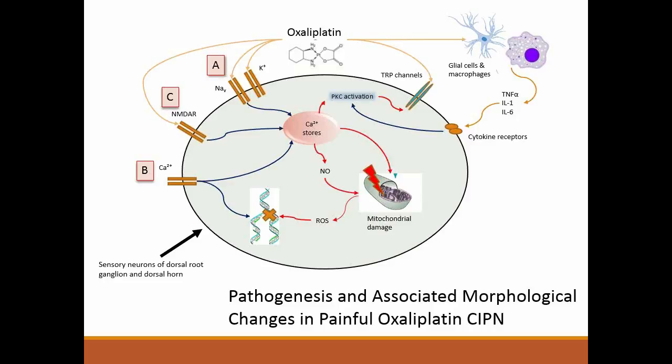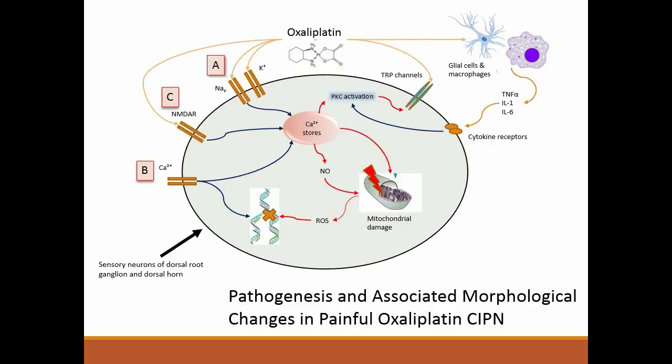NMDA receptors. Now, this is quite an interesting area that's relatively new, and it's not so much related to the increased activation of the NMDA receptor itself, but that the chemotherapeutic agents increase the extracellular glutamate that actually activates the NMDA receptors. Okay? And it's shown, again in animal studies, that this is the main cause of CIPN-related allodynia, this constant bombardment